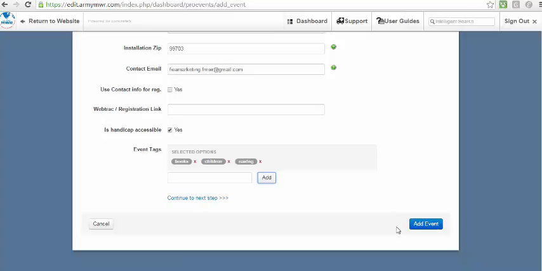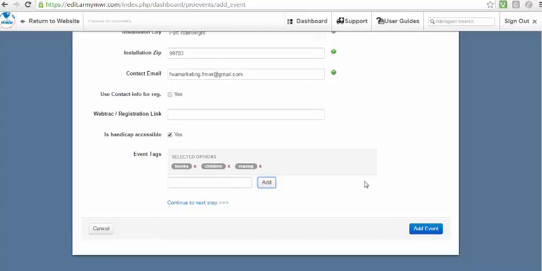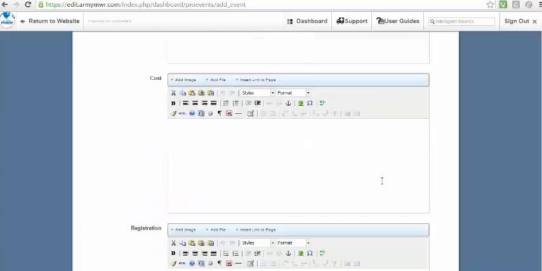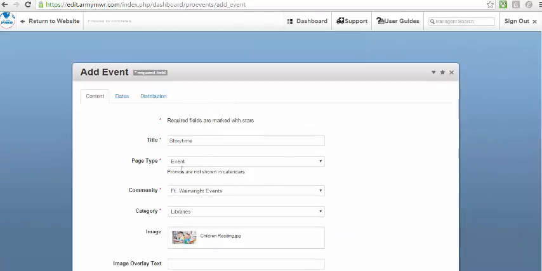If you were at this point to click on add event, then you would get an error because don't forget we have 2 additional tabs that we have to fill out. So we can either scroll up and go to those tabs, or at the bottom we could have just said continue to the next step. But let's just show it from the tab perspective. So I'll go ahead and click on dates,